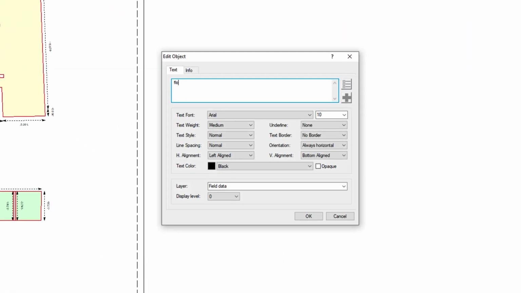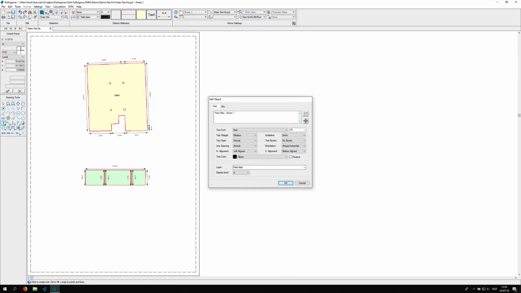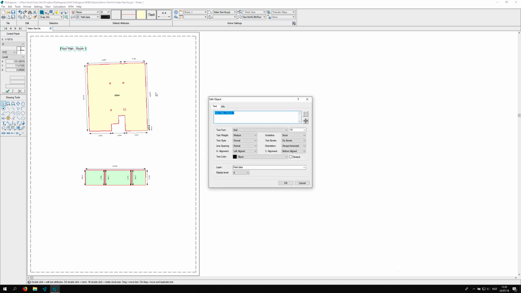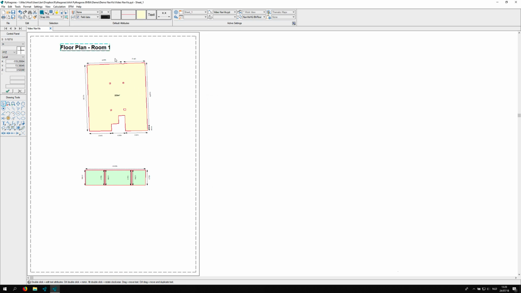We can also add some text to clarify what is shown in the map. So I will add two text windows. One is floor plan room 1 and the second one will be about a section. We can change font, the thickness, the size, the style and so on of these text windows.